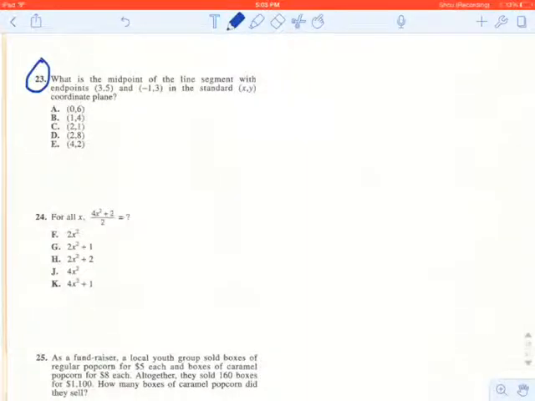Question 23. What is the midpoint of the line segment with endpoints (3, 5) and (-1, 3) in the standard xy coordinate plane? So midpoint is just a fancy word for average. Midpoint equals average. So you consider your x values and your y values separately, and you just find the averages